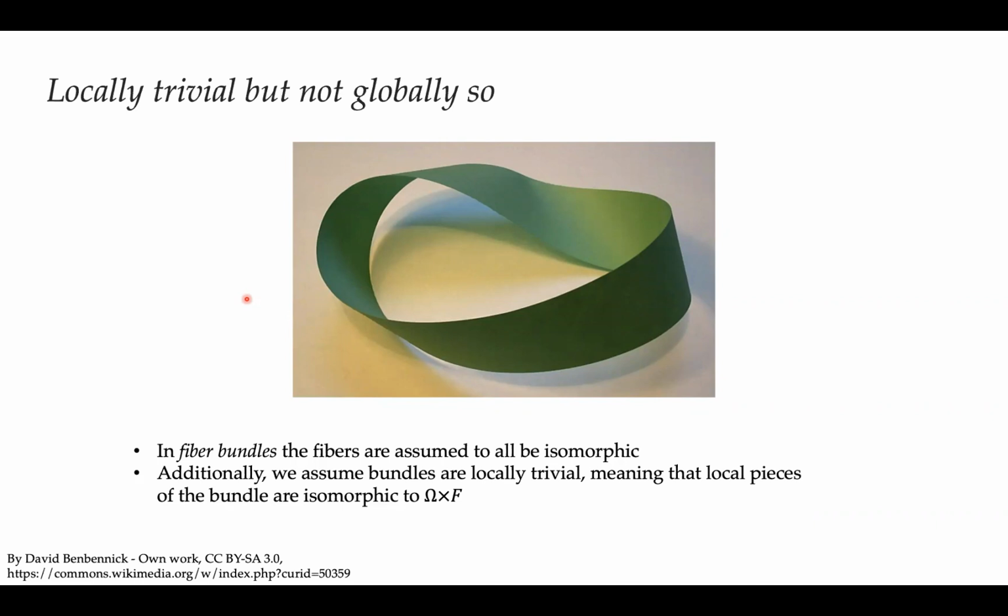Now, what is typically assumed in the theory of fiber bundles is that although this bundle is not globally trivial, it's not globally a product of base and fiber, it should be locally the product of a base and fiber. So if we take a local piece of the base space, a small segment of the circle, and we look at all the fibers over the points in that segment, we can sort of twist that and make it equal to this arc piece of the circle times the line segment. So that's called local triviality.